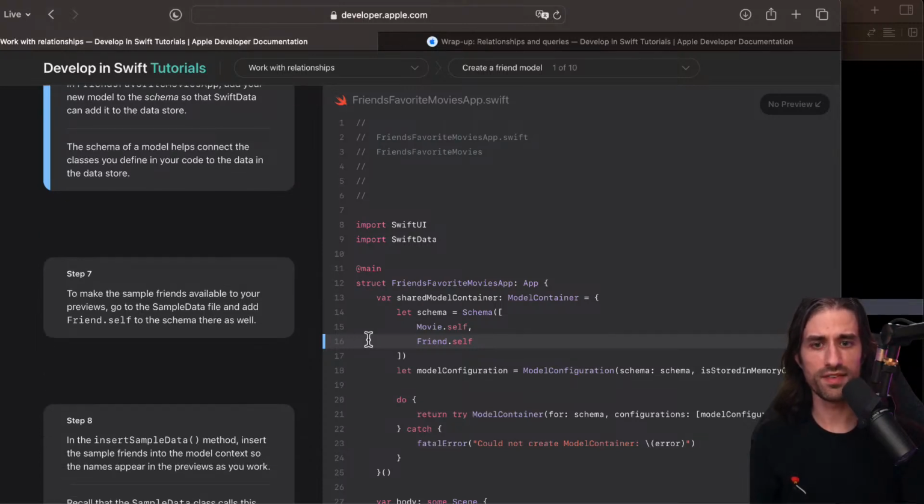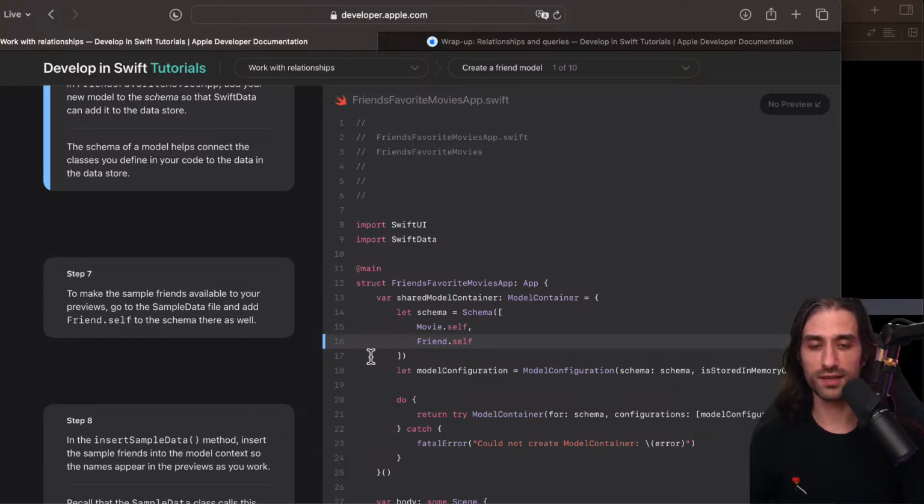So with this change, we've let SwiftData know that there are these two types that exist and that it needs to handle. And as we can imagine, this probably gets translated into, for instance, database tables being created or something different, but something somewhere is linking this schema, which is very declarative, to the physical representation of the data once it is saved on disk. So it could be database tables if it's a SQLite database. It could be, for instance, decoding code and encoding code if it's stored in a JSON or a property list.